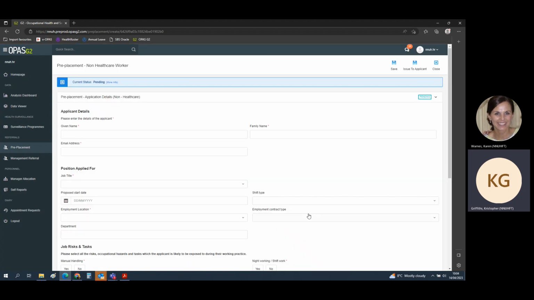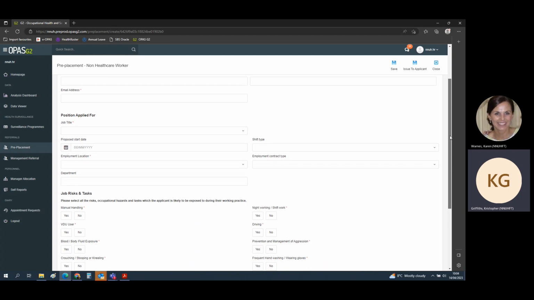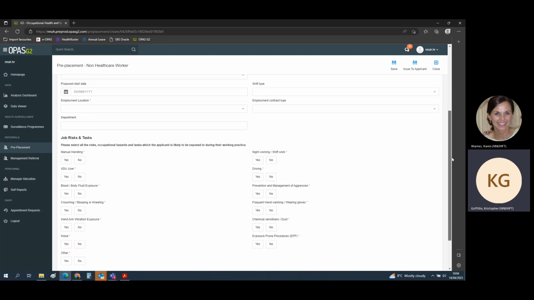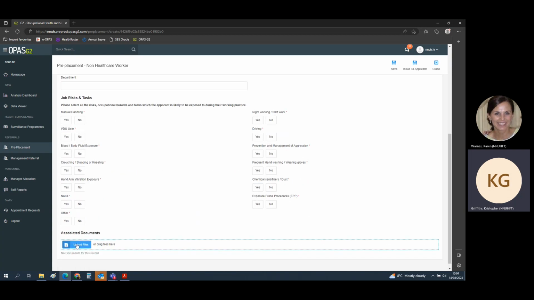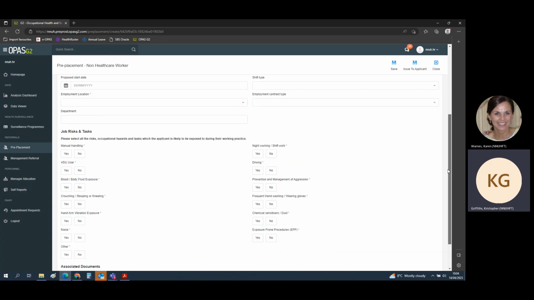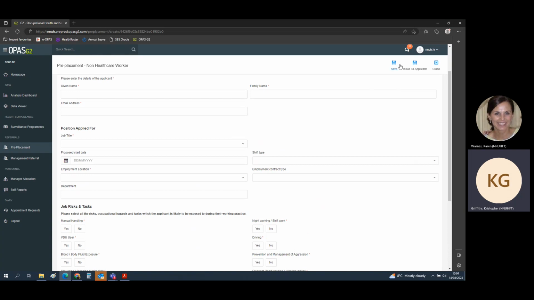and then you will be going into the form to submit this to us. So the form is quite self-explanatory. It's applicant details, it's information about the position that they have applied for, any risks they have to their job. You can also attach any relevant associated documentation here. And once that is complete, you would simply press save at the top